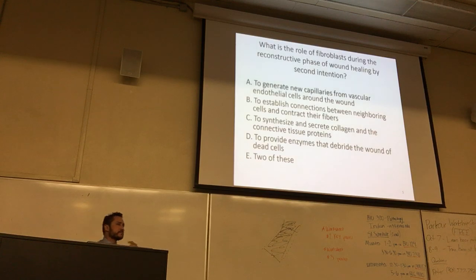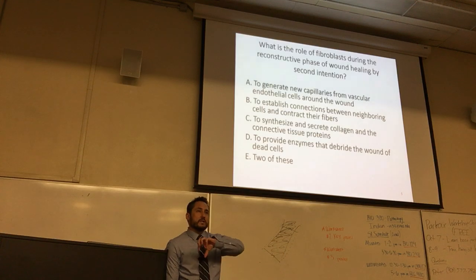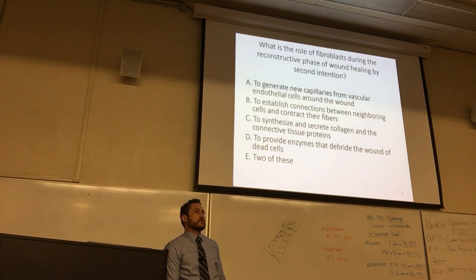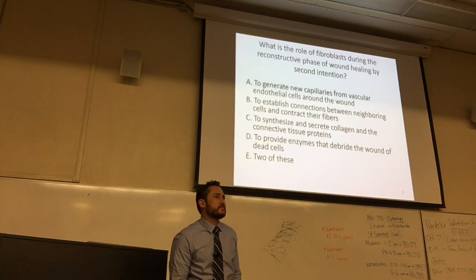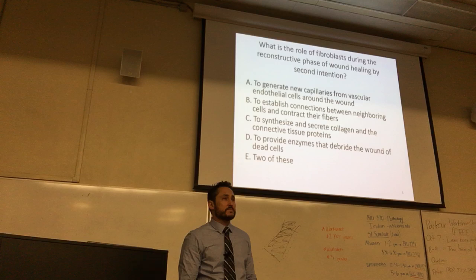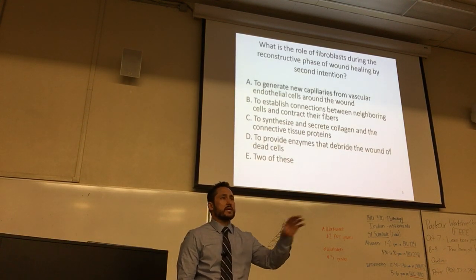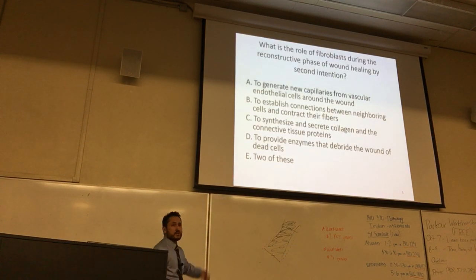Do you guys know what the word debride means? It's a clinical term that means to clean out the wound of dead tissue. So we do it using enzymes or fluids. We'll wash it out. We'll clean it out with maybe hydrogen peroxide, or we'll flush it with clean, sterile saline. Other cultures might use maggots, right? Because maggot therapy will come in and eat up the dead tissue and not touch the live tissue, so that's debriding the wound. Okay, so what's the answer to this question?